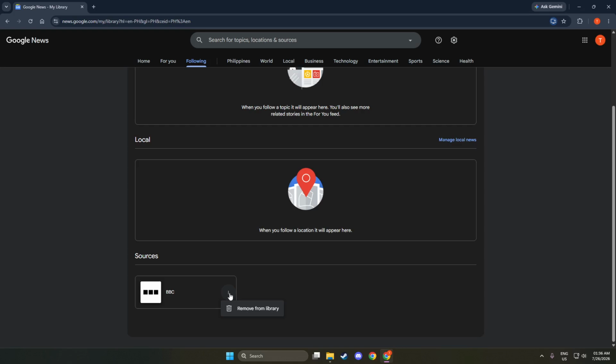Next up, click Remove from your interests or unfollow. A prompt may appear asking for confirmation. This action will effectively remove the source from your list, ensuring you no longer receive updates from it. It's a relief to know that you can easily manage your news preferences, keeping your feed relevant to your interests.